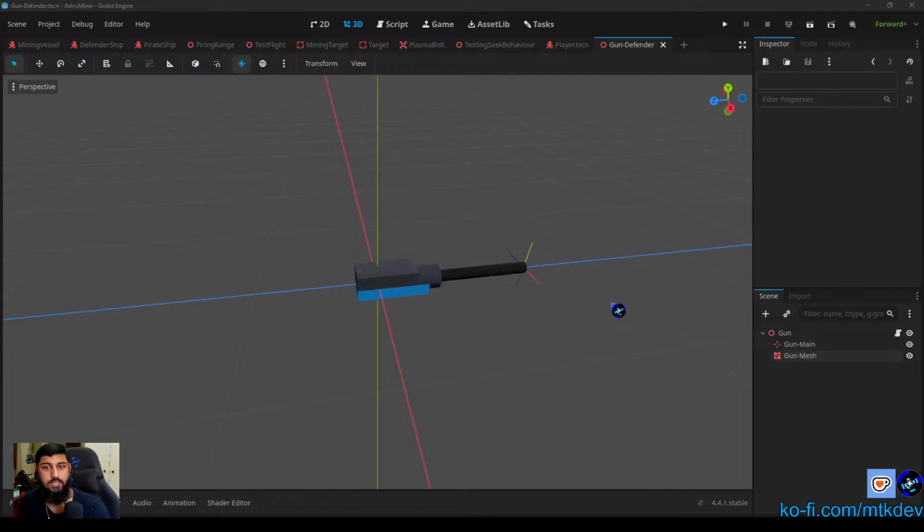Livestream 13 in the space shooter DevVenture. So the last time we left off by separating the gun into its own scene, right? And I chose to name it Gun Defender rather than just plain gun. And the reason for this is